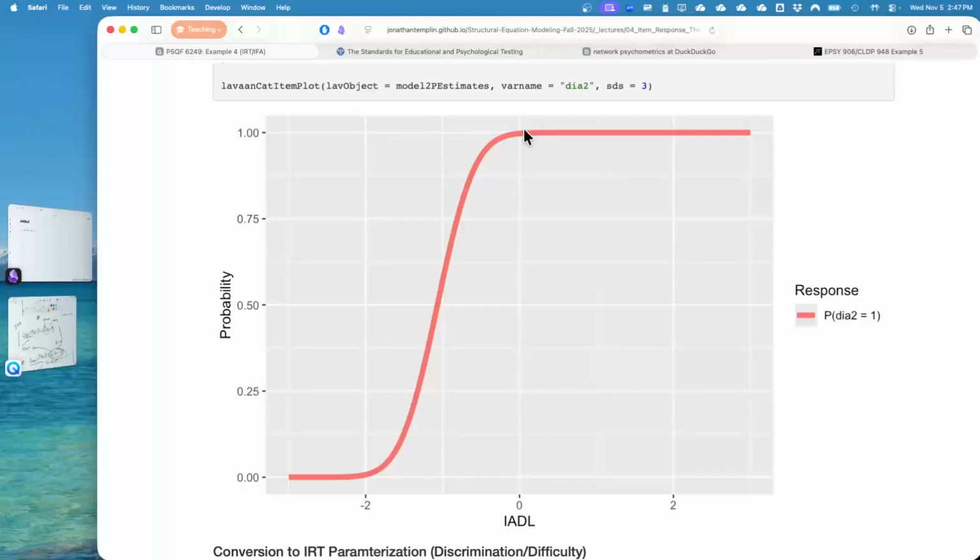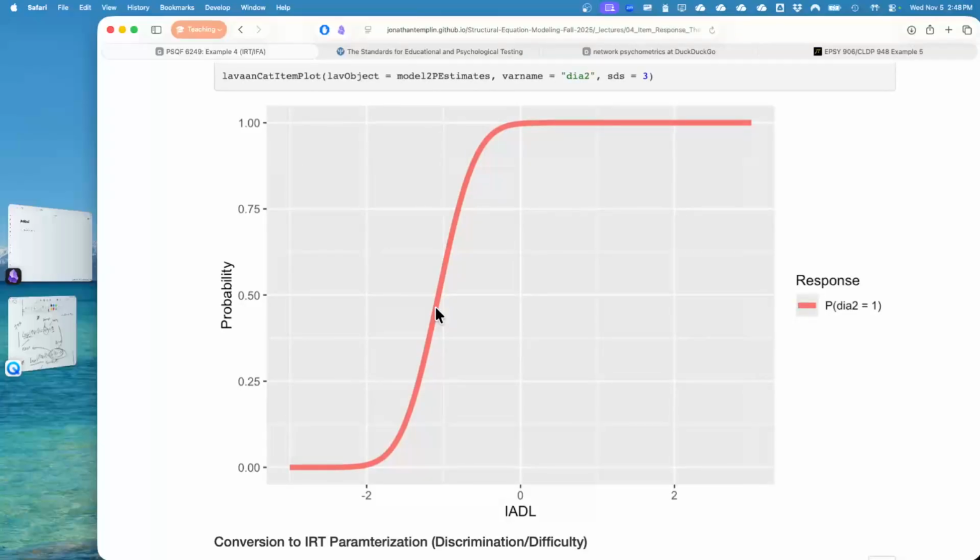So it's really hard to see the connection between the two. What I was jumping into was the discrimination and difficulty language, and I apologize for that. That seems to be second nature for me, even though my PhD is in psychology and I do a lot of work in educational measurement. If we were to figure out where the difficulty is, you can almost draw a line down to where it would be, right? It would be just a little bit bigger than negative 1, where 50-50 is. How are we doing?